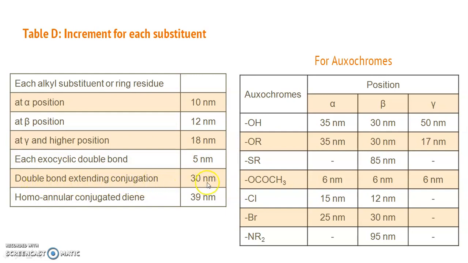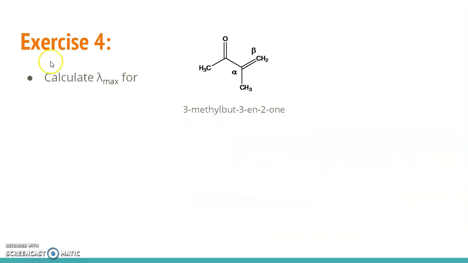For a double bond extending conjugation, as before, it is 30 nanometers. If it is a homoannular conjugated diene, we assign 39 nanometers. And for auxochromes, we have a set of auxochromes and the positions they may occupy in these alpha beta unsaturated compounds. So I request you to memorize these values in order to calculate the absorption maxima values for any given molecules. With this, we will go straight to the next exercise, which is exercise number 4,